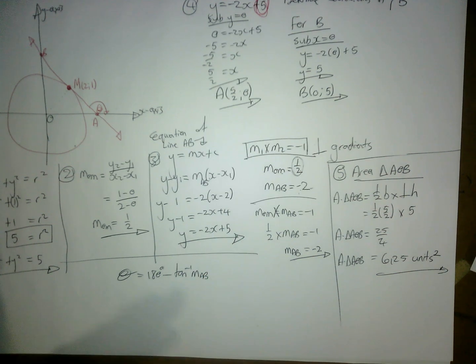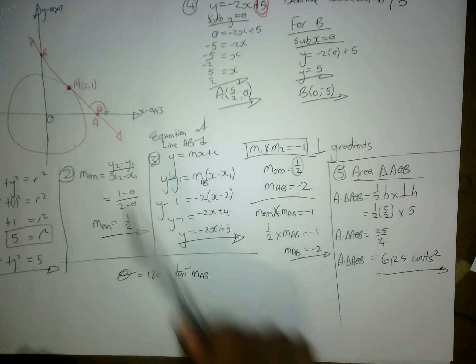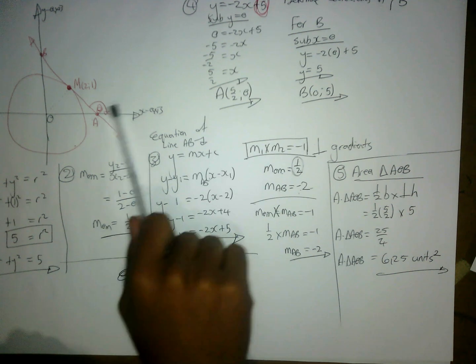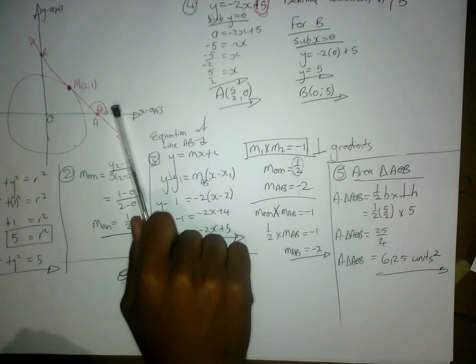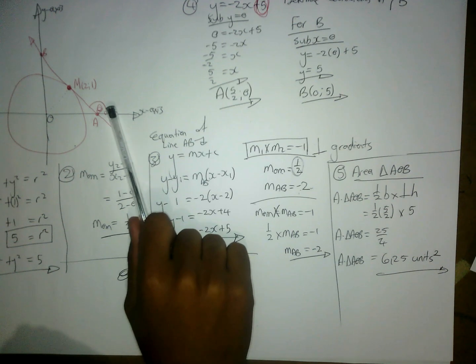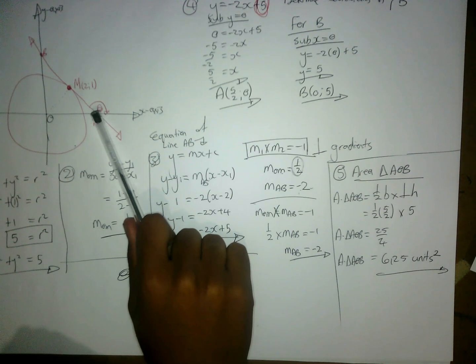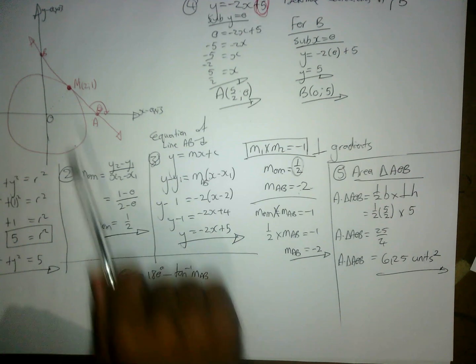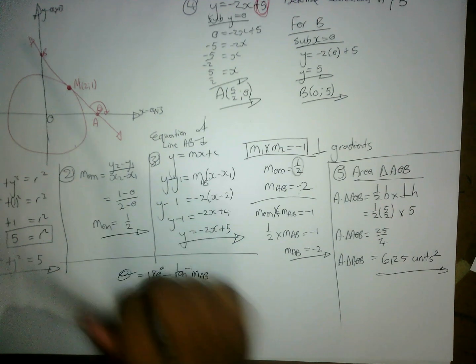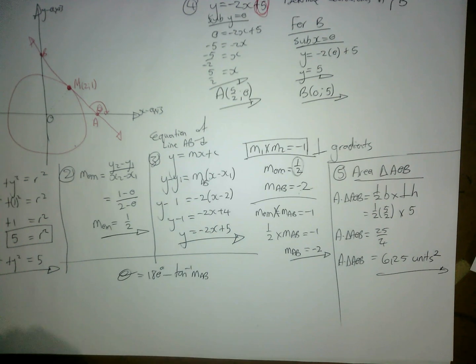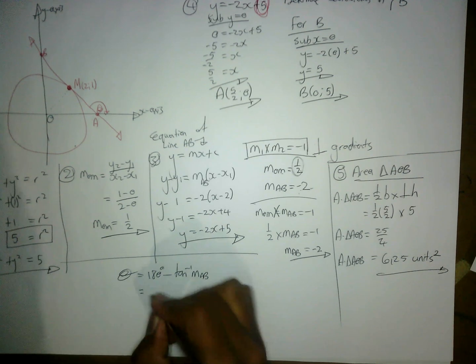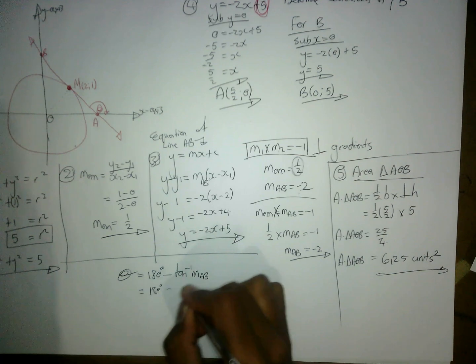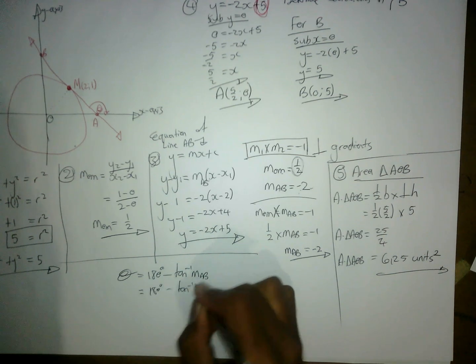It's very important to pay attention to this: this angle is bigger than 90 degrees. That means your answer must be bigger than 90 degrees. If you use the other formula for the acute angle, you're going to get an angle that is much smaller than it's supposed to be, less than 90. So 180 degrees minus the inverse tan of negative 2 equals